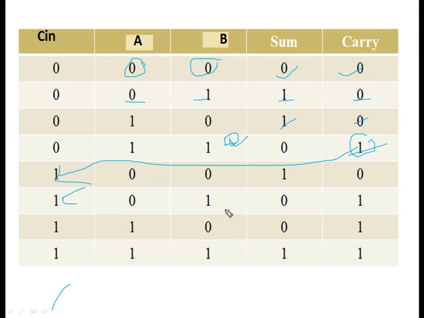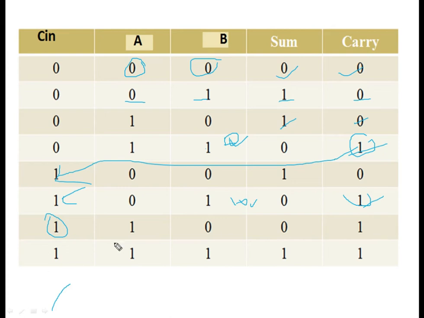1 plus 1 is 1, 0. So this 0 you are taking as an input, and this 1 you are taking as a carry. Again, this 1 is taken as a carry in, meaning input. Next, 1 plus 1, again 0, 1, means 1, 0. Sum is 0 and carry is 1.